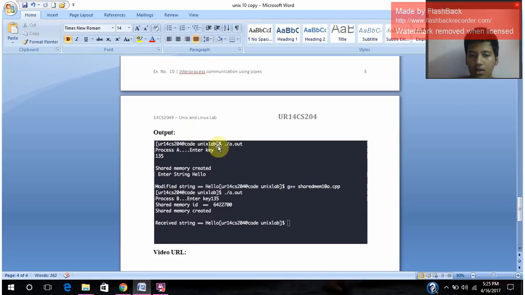So once I give ./a.out, process A will be displayed, and then we're asking the user to enter a key, and once the user enters a key 135, the shared memory will be created. So this information will be displayed, and we're asking the user to enter a string, and the user entered hello, and so we're just displaying modified string is equal to hello, and then the next one, for the process B, what happens is